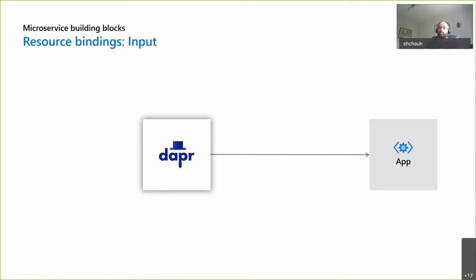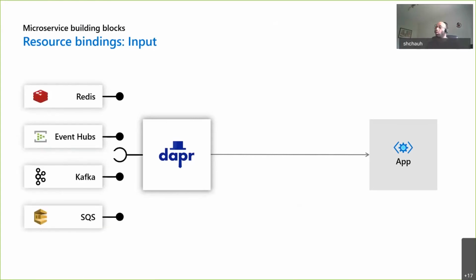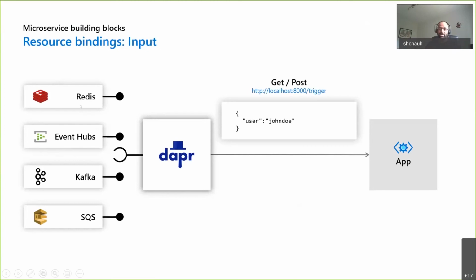The bindings provide you two kinds of bindings, input and output. And actually yesterday they also released bi-directional binding. So you have input bindings where your code gets executed based on some event coming from these external systems, and optionally you can have a payload and metadata. So as you can see, once I get any information, as I told you, this is cloud events,